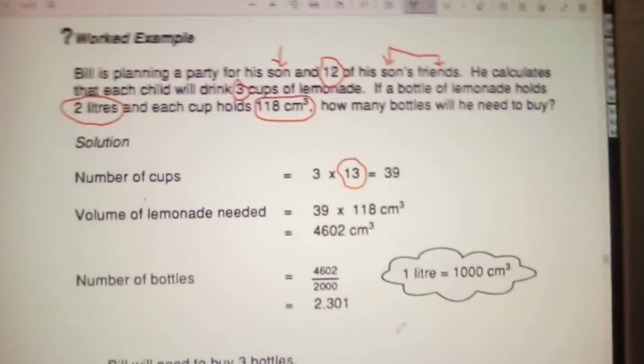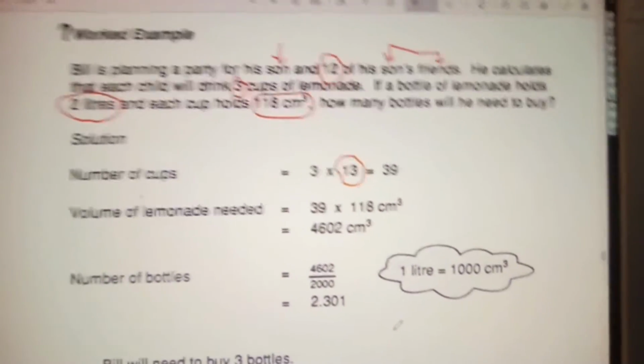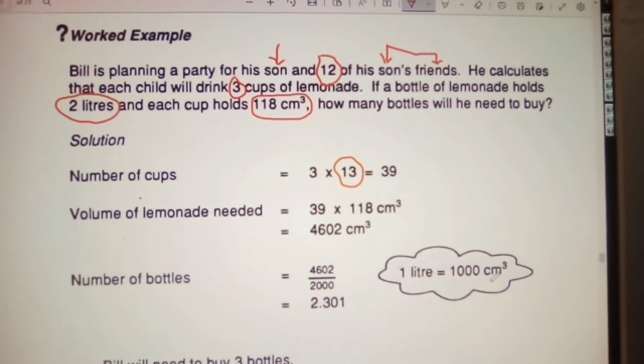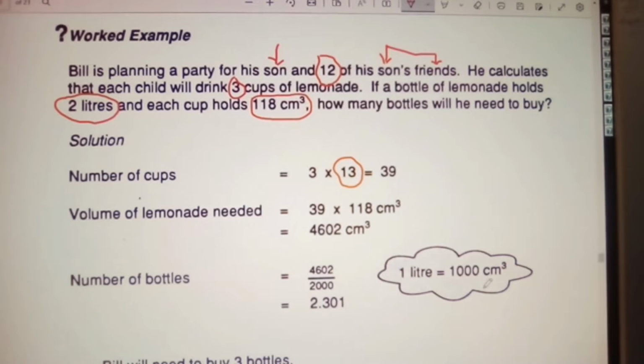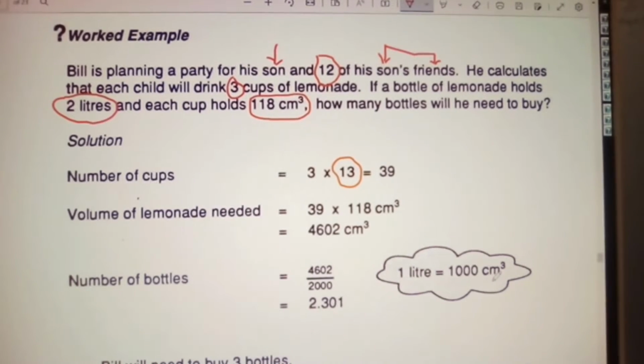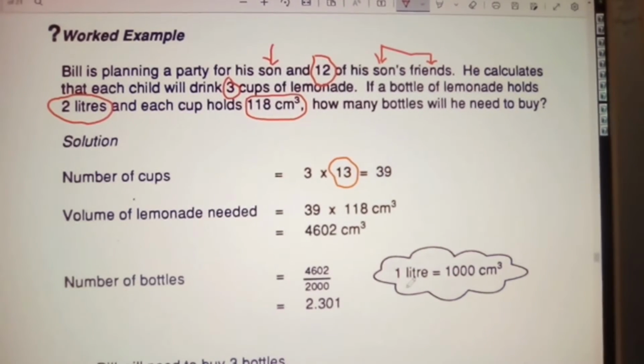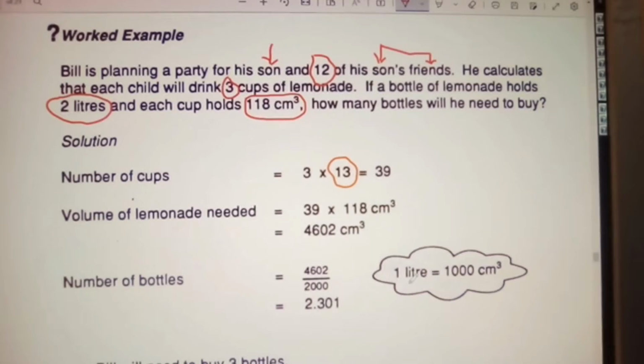Now here we know that 1 liter equals 1,000 cubic centimeters. I don't know why I got it on the brain. Okay, so therefore when you divide that, you can see that